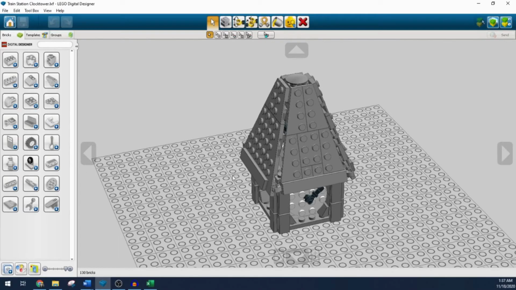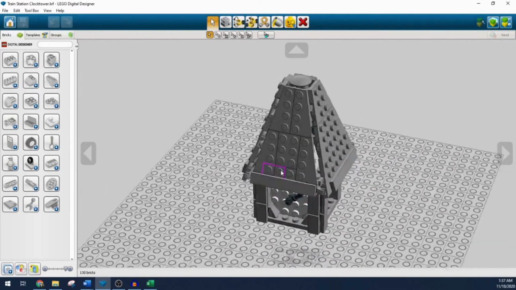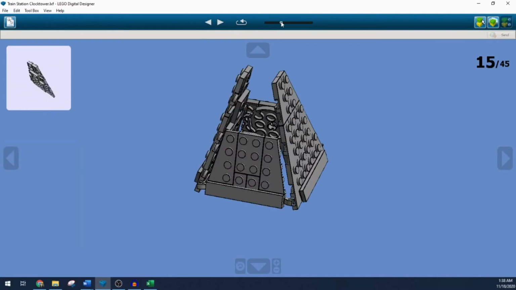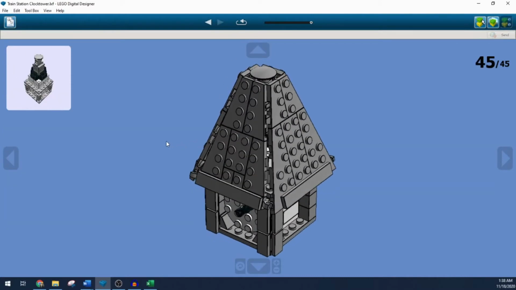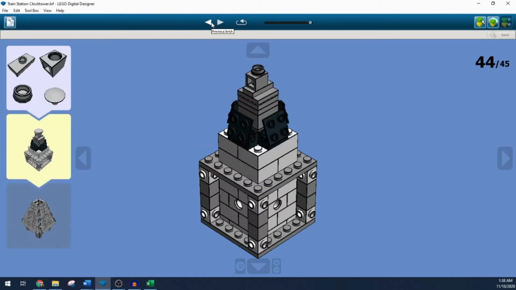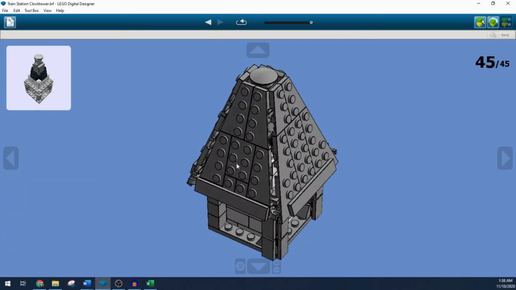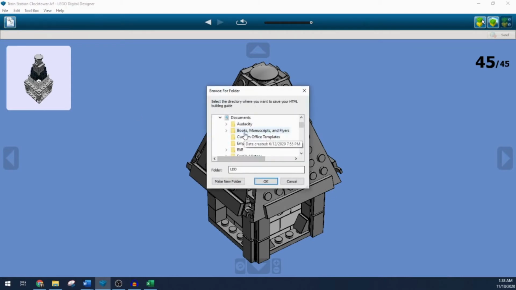Okay, let's go back to LDD. That's one way to do it, straight to an Excel file, which you can print out. Another way to do it is to go to the building guide mode and just skip ahead to the end of the whole thing. You can use this to build something with the arrows in your browser to see what steps you're going to want to take, and it animates it for you. It's pretty slick. But what we want to do is generate this HTML in this corner,